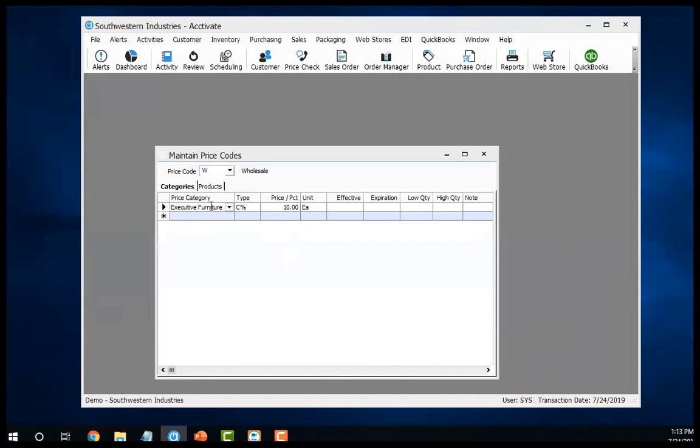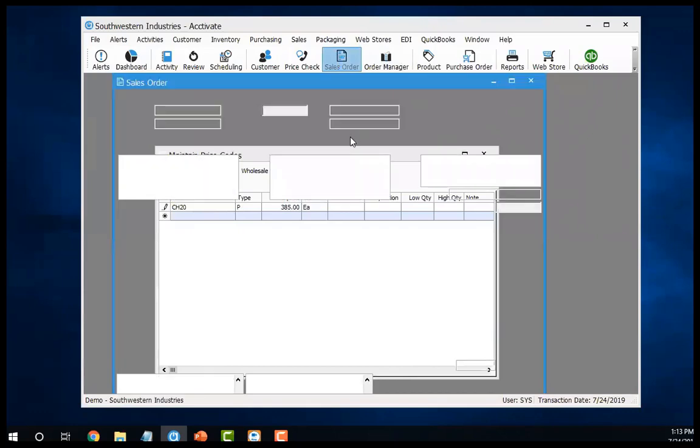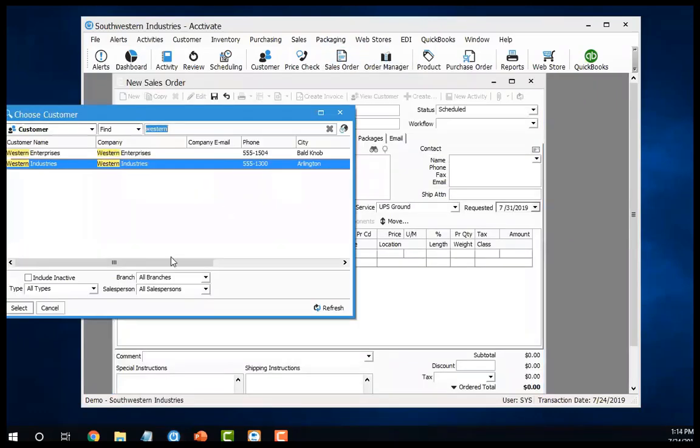CH20 is a part of executive furniture, and that uses this price, the average cost plus 10%. But now we have a direct relationship between CH20 and the W price code. In our pricing hierarchy, product-specific relationships are taken ahead of product grouping. So even though it is a part of executive furniture, and that would use 10% over the average, because this relationship exists directly between CH20 and the wholesale price code, this is the price that would get selected. So when I take an order,